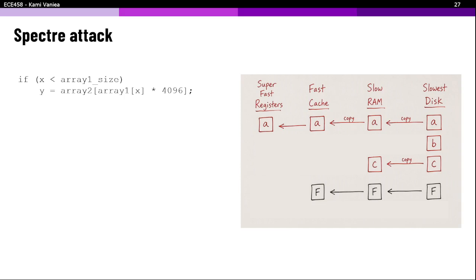We guess that A is less than 4. We then look at this. We know what B is because B is already in cache. We can go faster on B. So we can figure out if B is greater than 3. If B, well, you can add an else here. This is clear with an else.